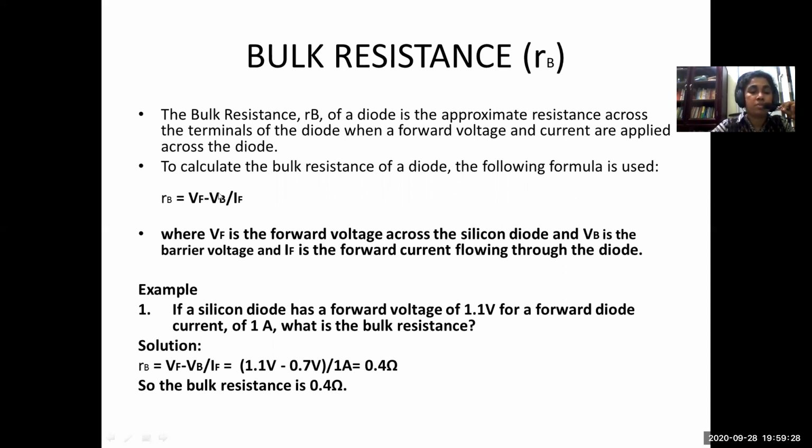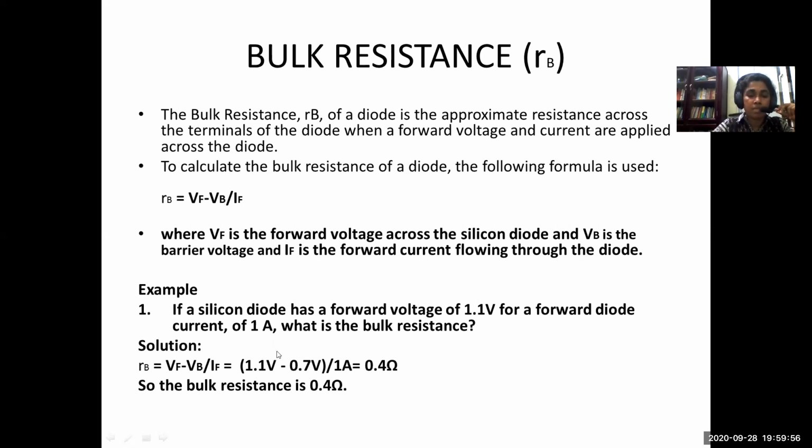But then you should also know how much is the VB value, the potential barrier or the knee voltage. Even if you have any confusion in taking that value from the diode characteristics, you will know that value because it is nearly a constant for silicon diode and germanium diode. For silicon diode, you will normally take it to be 0.7 volts, and for germanium diode, you can take it to be 0.4 volt.